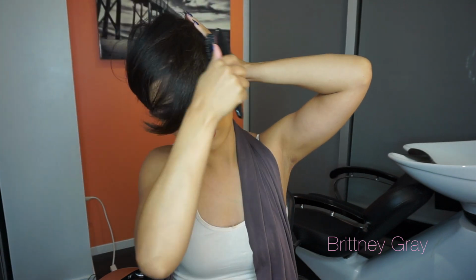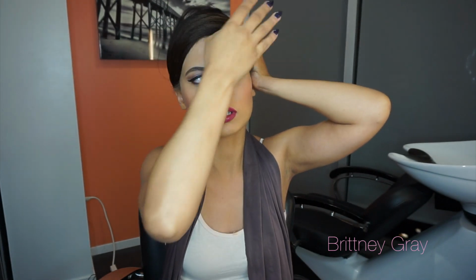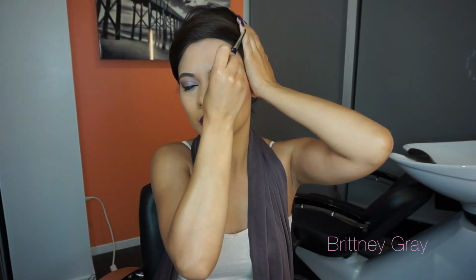Again, this is optional. I kind of do this when I'm really trying to be perfect, but I will get my boar bristle brush, and this barely brushes the surface, so it kind of makes it so that your hair stays in place and does what you want it to do. Now that your hair looks like, I don't know, a basket or a wig, what does this look like? So you can get your clips if you like, and I would clip that,